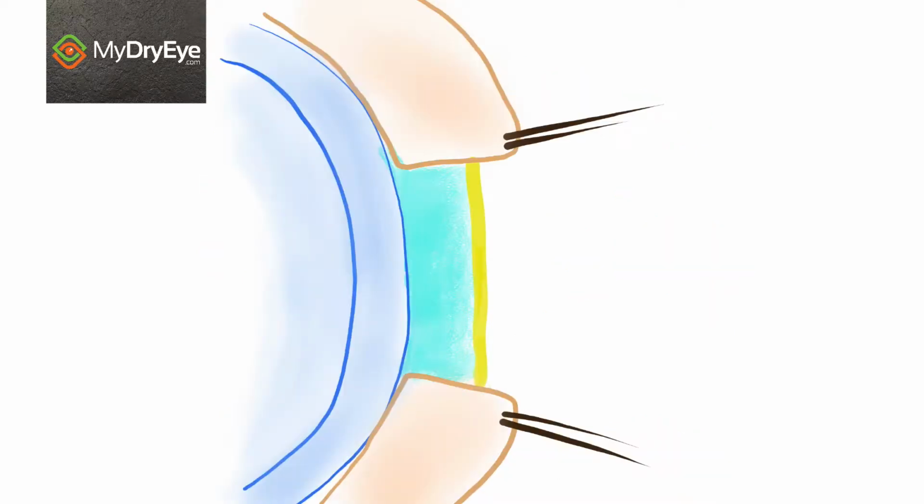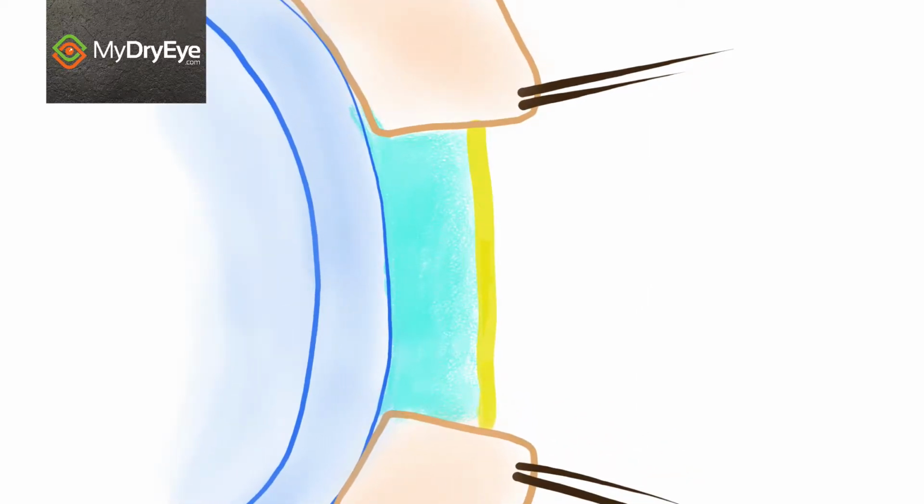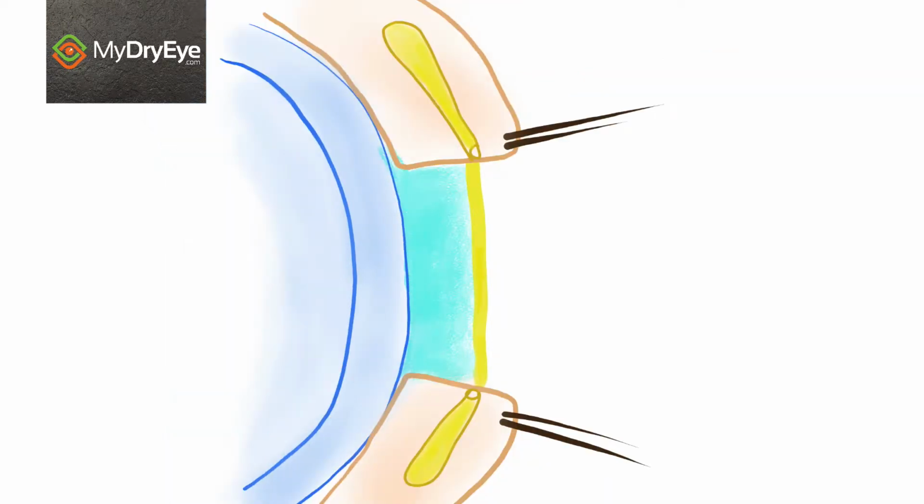Now, the normal tear film comprises two layers, the mucoaqueous gel layer and the lipid layer. The lipid layer is made up of meibum. Meibum comes from meibomian glands, and these are situated in the eyelids. So on cross-section, when you look at it from the side with the eye looking from the left to the right, there is a cartilaginous plate in the eyelid called the tarsal plate, and within that are these little meibomian